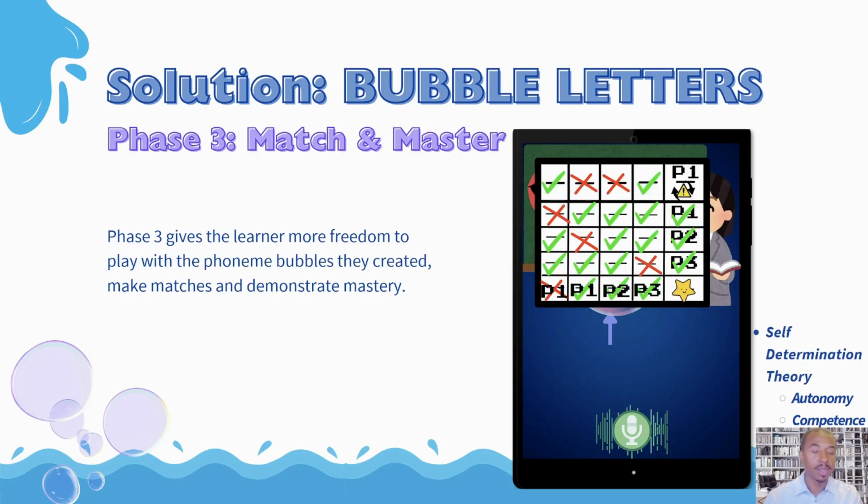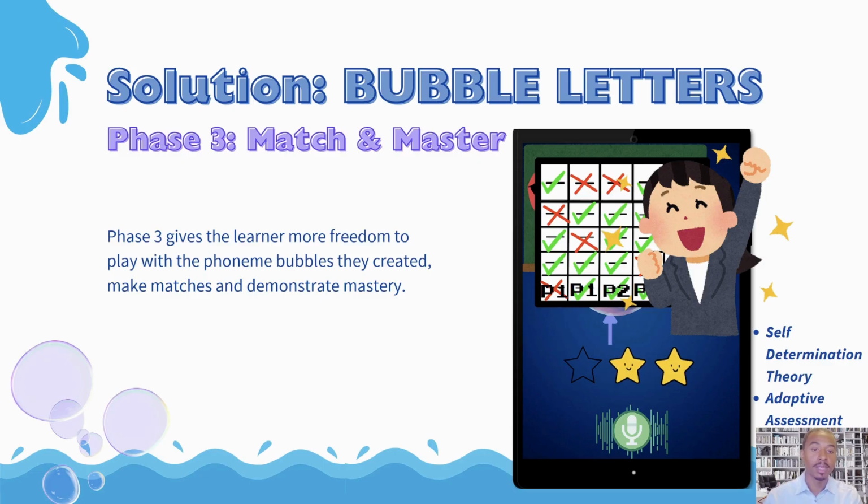And again, as long as they're above a certain threshold, they can clear this section of phonemes before moving on to another set of 3 or 4 phonemes. Also important to note is that all of this will be tracked and logged in the background so that teachers and parents and students themselves can refer back to this and see where students may be struggling or where they